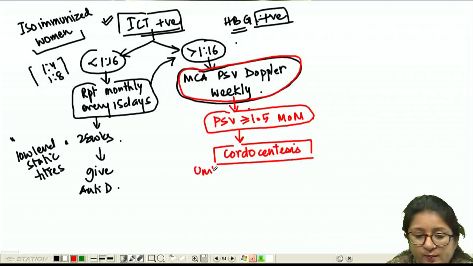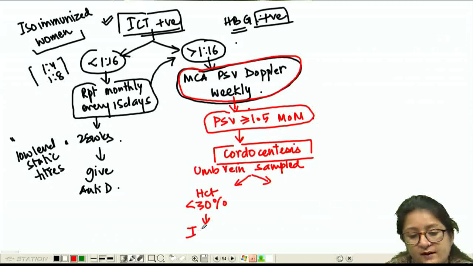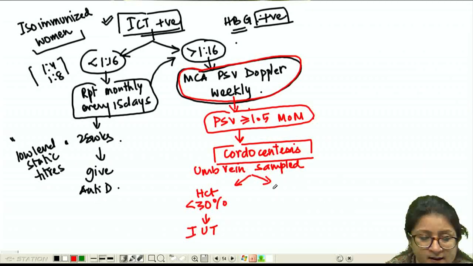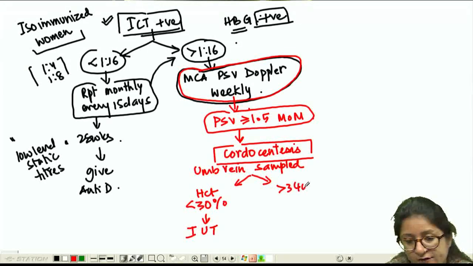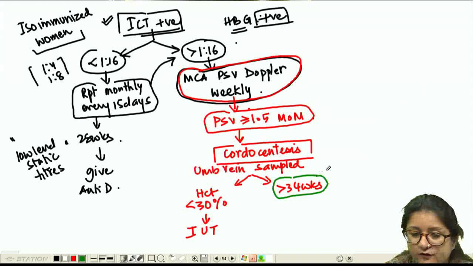And the umbilical vein is sampled here, and we check the hematocrit immediately. If the hematocrit is less than 30%, we have to give intrauterine transfusion. At any point of time the pregnancy is more than 34 weeks,